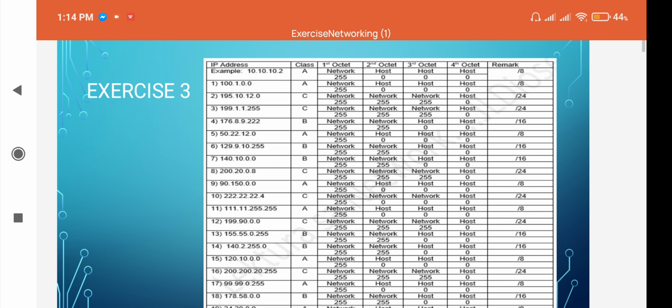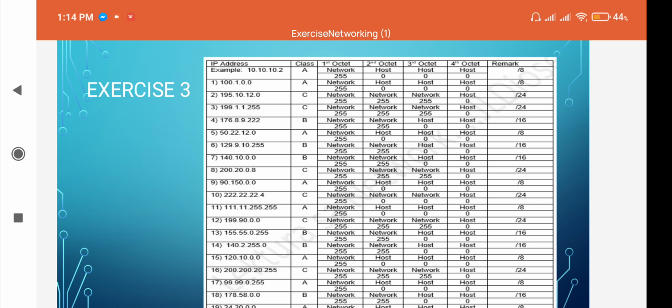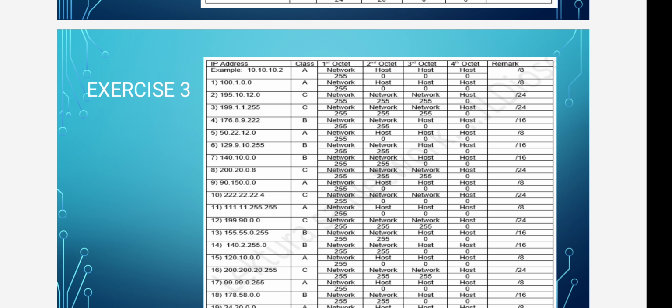Exercise 3. We're going to find what is the default mask of an IP address. So we have here,